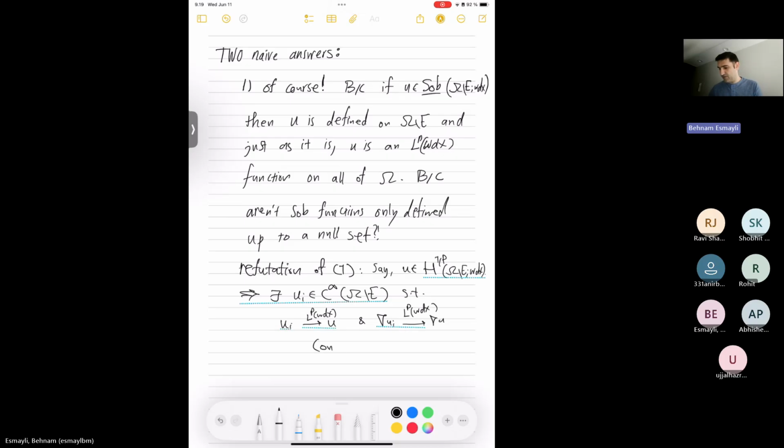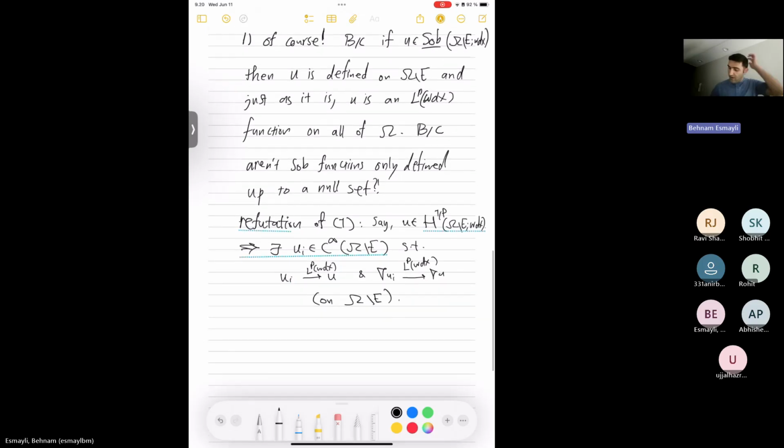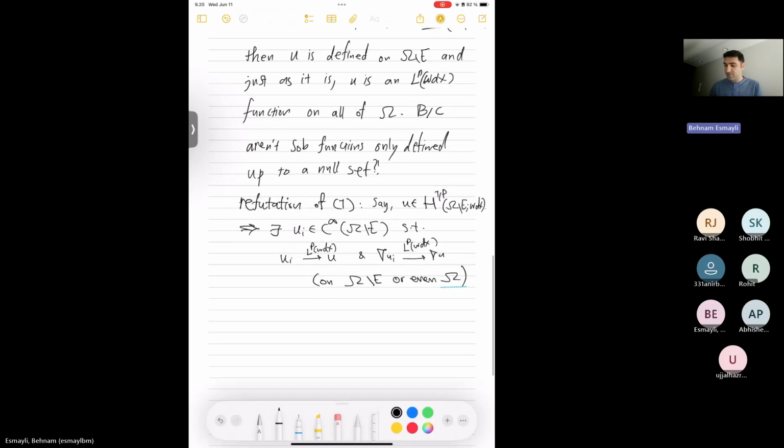Both these convergences happen on omega minus E. Well, actually, you can just say even on E, because if you have L^p convergence on omega, you have L^p convergence on omega minus E, again, because it's a null set. So doesn't this mean that your function is actually in L^p of